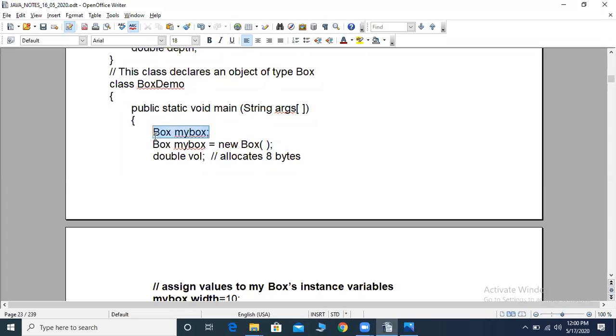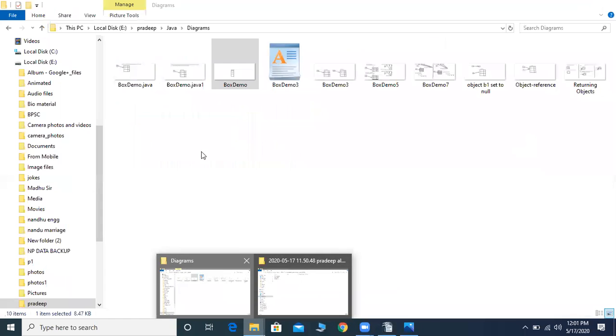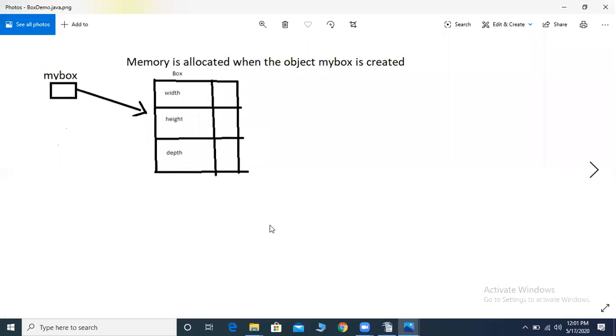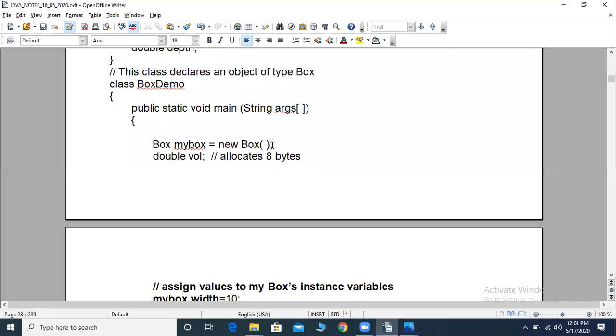Okay, so coming to Java itself. After this line is executed, look here. Memory is allocated when the object myBox is created. So when this statement is executed, this is how we can understand the memory representation.